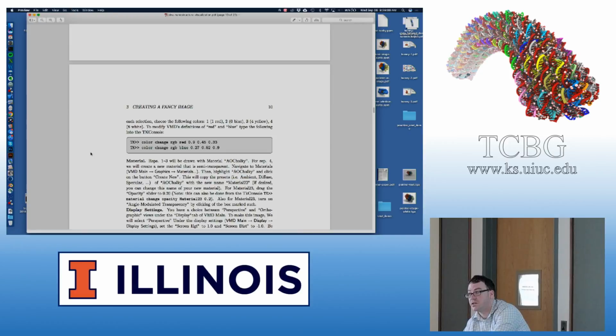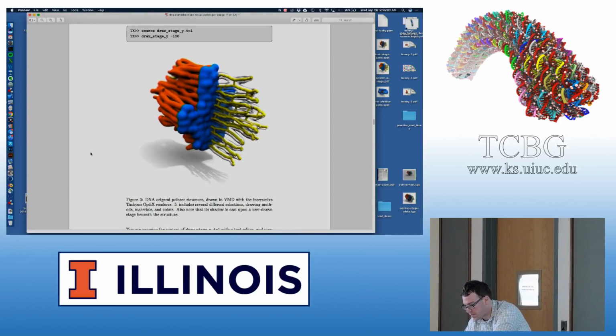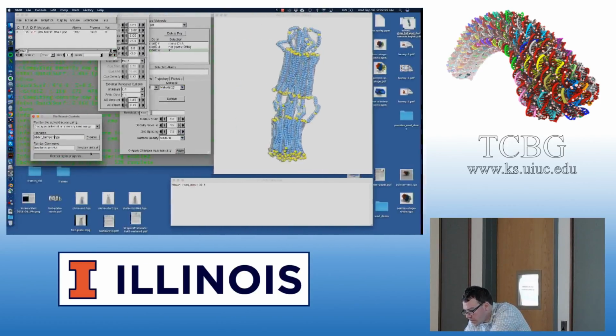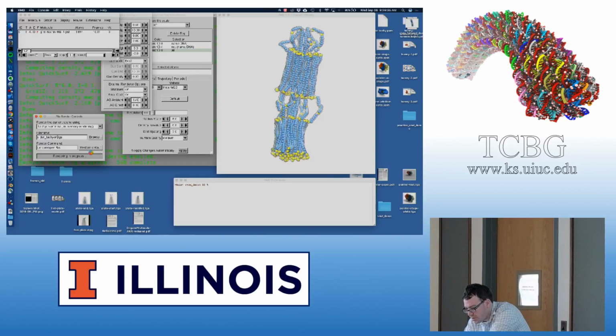So one thing I also want to tell you guys about is, to make this image, I used the OptiX renderer that has an interactive display. One thing that's nice about that is you click on the render button and then you can rotate the image, you can translate and do all those kinds of things, and then it'll interactively show you what the rendering would look like, and then you can change things after you already pressed that render button. So this is still going,